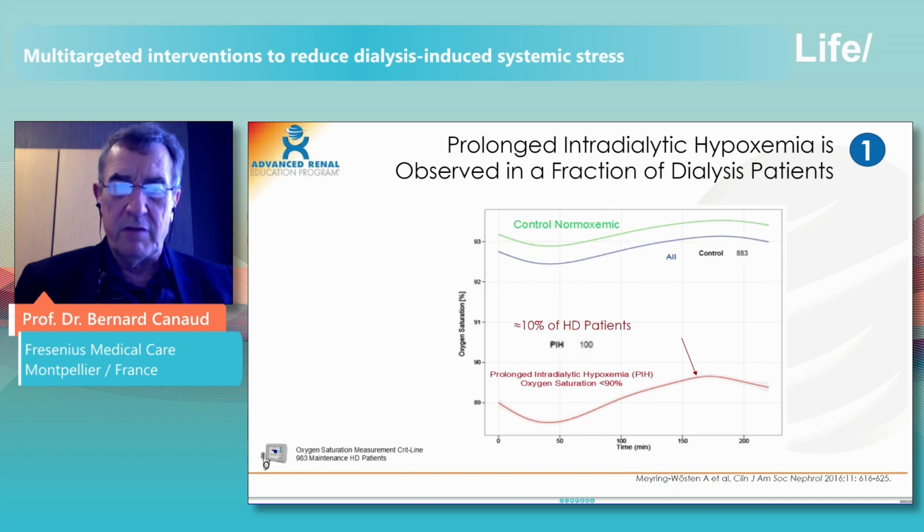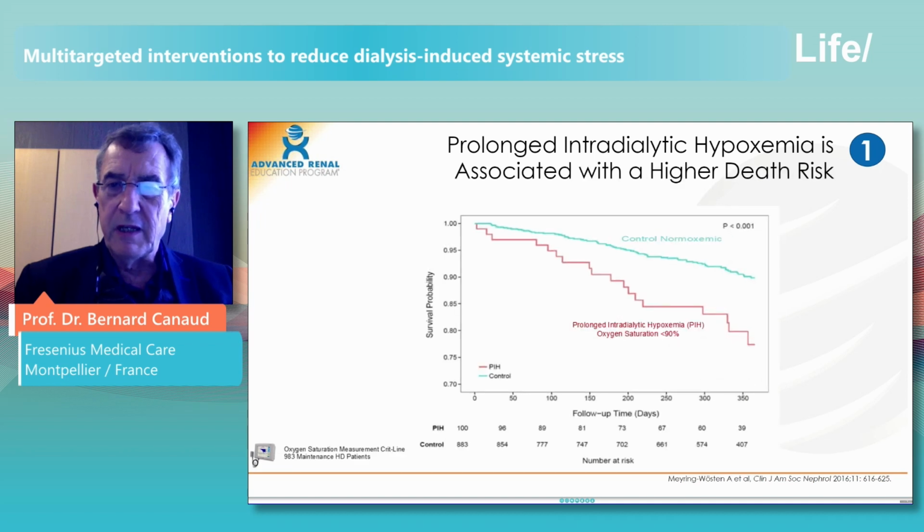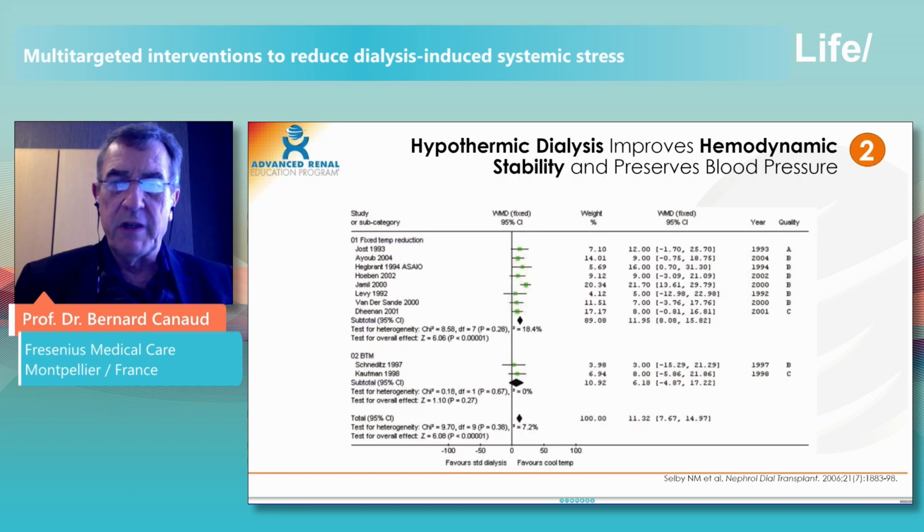This is a study which was performed in New York in almost 1,000 patients. But as shown, 10% of the dialysis patients present, I would say, a significant hypoxia during the dialysis session. Significant meaning that they get lower than 90 millimeters of mercury. And what happened to these patients who get hypoxemic during the dialysis session? If you follow the patient the next year, you see that the impact on mortality is very impressive. 15% higher mortality rate in this hypoxemic population. So what is the reason for the hypoxemia? We can speculate. I don't have the answer.